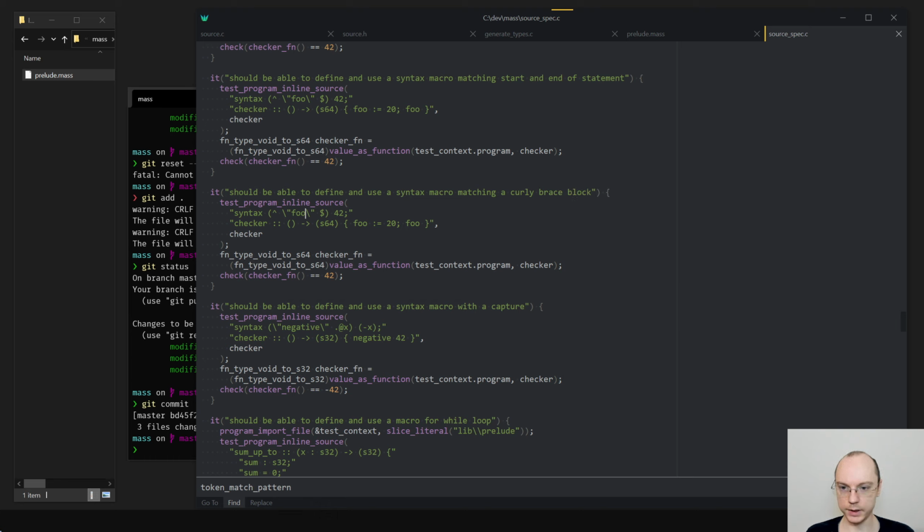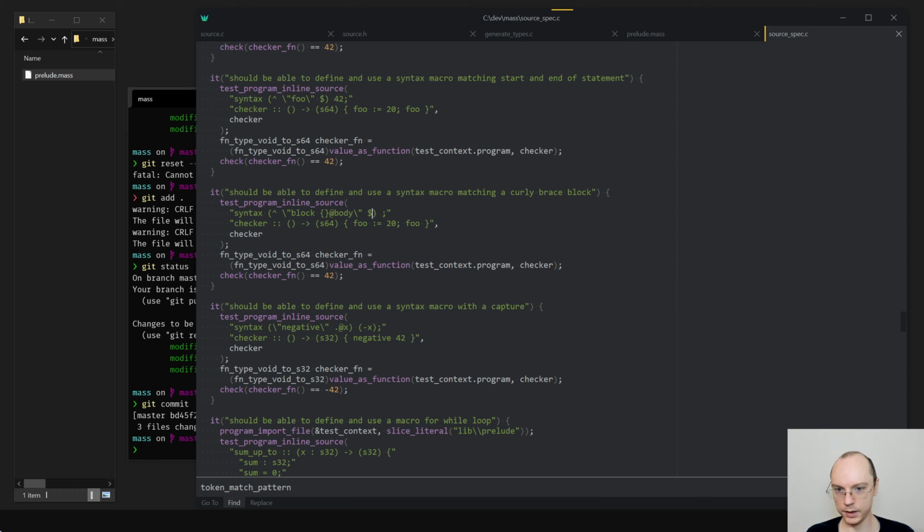So how would this look like? Well, let's call it block. And then this is body.